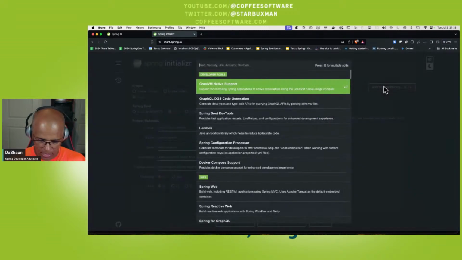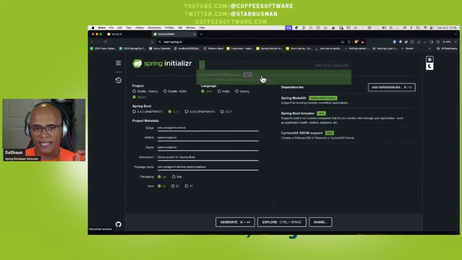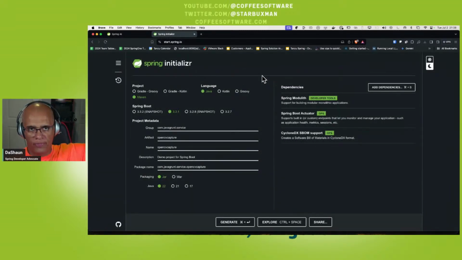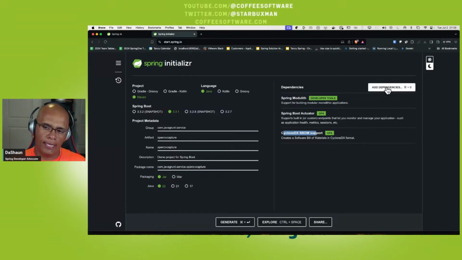And you know what else? I'm going to add CycloneDX because I know that I'm going to use the OpenCV library that's been put into a Java dependency. It's been wrapped with Java. So I know I'm going to use that, and I would like to have that SBOM, so I can keep track of that other thing that's not provided in my Spring Boot release train. So I'm going to bring in this SBOM, and